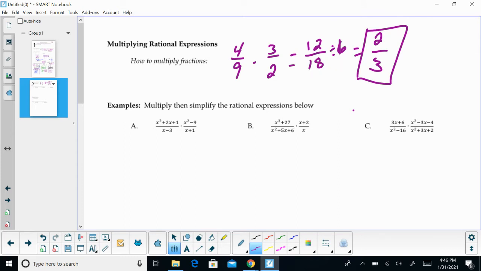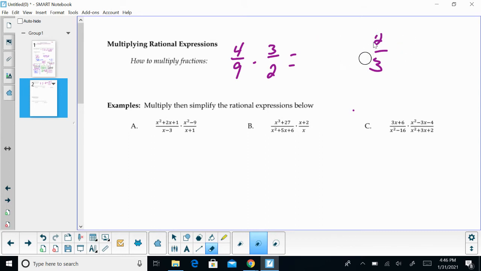So instead of doing it this way, what I'm going to do is think about what I can go ahead and simplify before I multiply. What I mean by this is, can 4 be divided by 2? Yeah, 4 is the same as 2 times 2, so this can cancel,